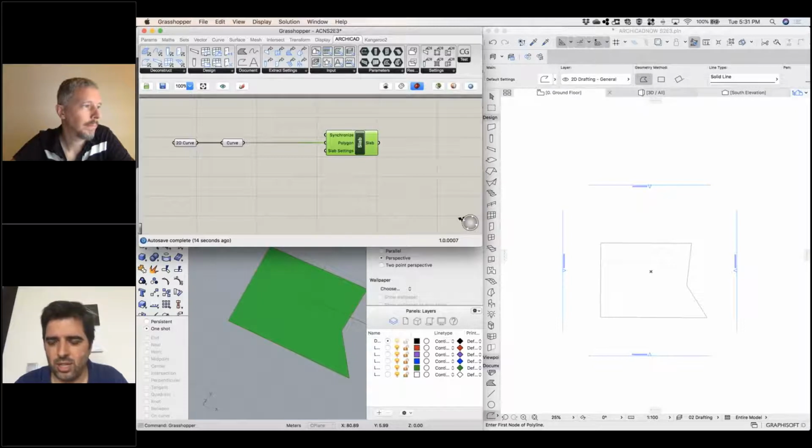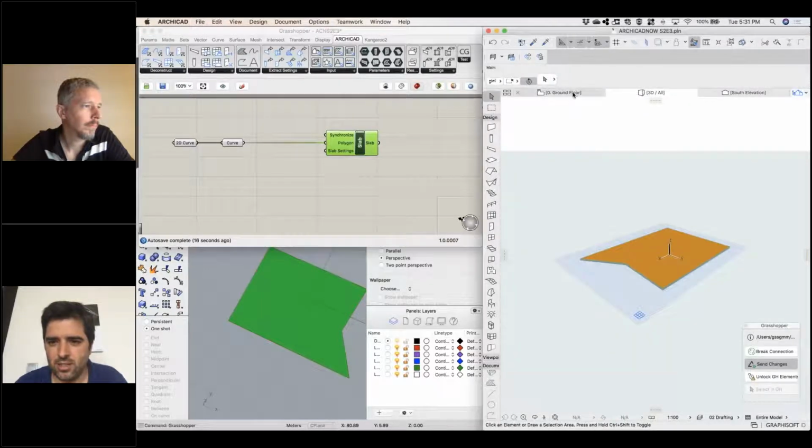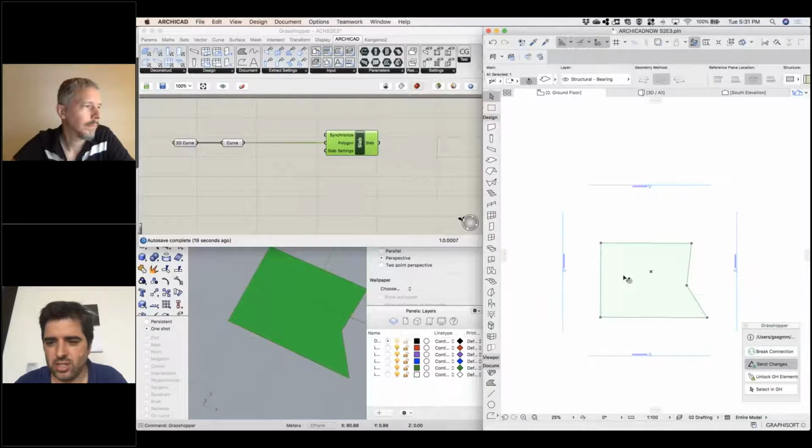I can go to 3D and see the slab here, or I can just select it and see that the slab was successfully generated. So I see here one slab. Okay,